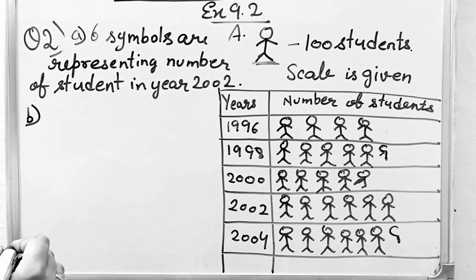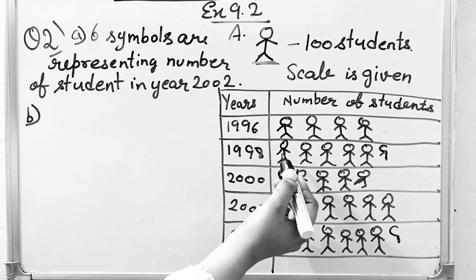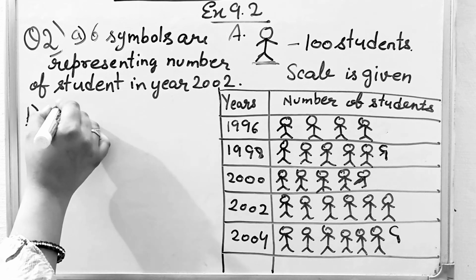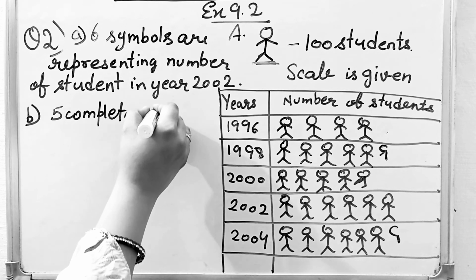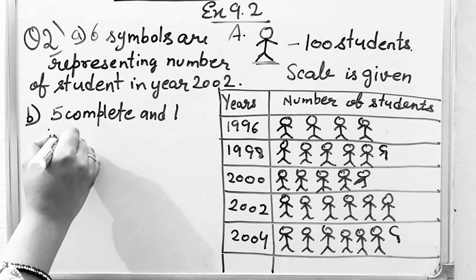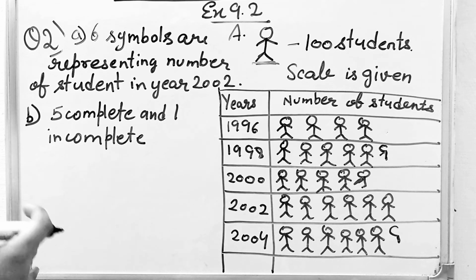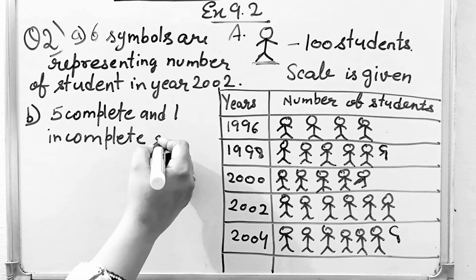Part B is asking how many symbols represent total number of students for the year 1998. So what will you say? You will answer it as, we have 1, 2, 3, 4, 5, 5 complete symbols. So we will write 5 complete and 1 incomplete symbol. We don't have to write how much incomplete symbol we are drawing there. We will directly write 5 complete and 1 incomplete symbol